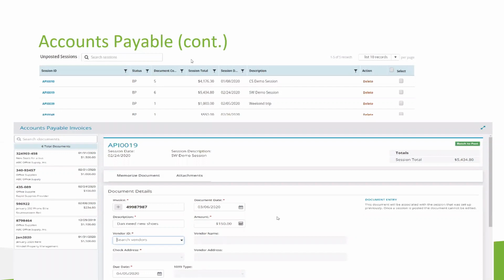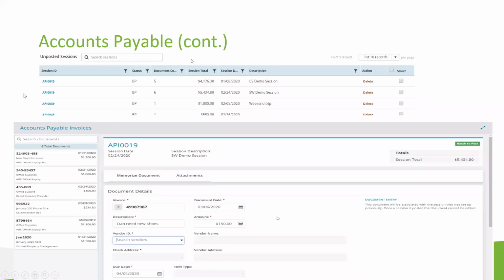The first picture is of all the unposted sessions I have within a given time range, and I input that time range. The other is what shows when I open the API session ID. So I clicked on here, and I got this. I could have easily searched by invoice number, by document date, by the amount, a vendor ID, or really anything you see here in order to get this information.